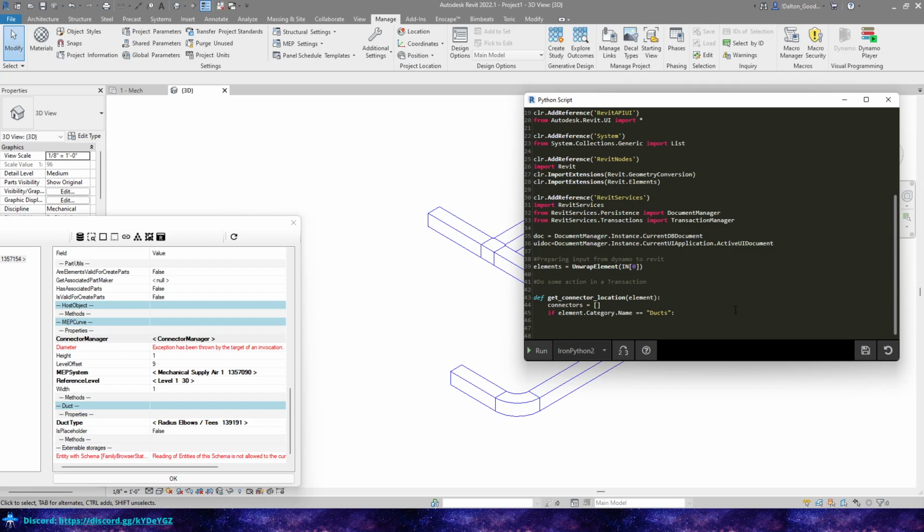So if element.category.name equals Ducts, then we're going to loop through the connectors. So for duct in elements,